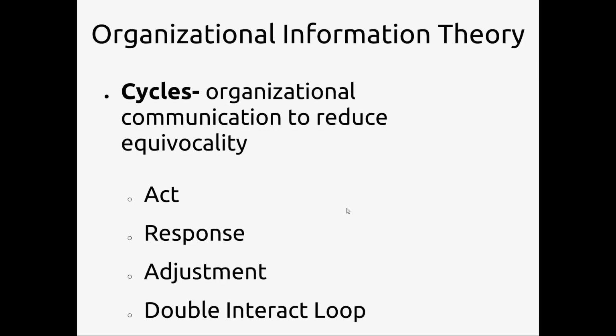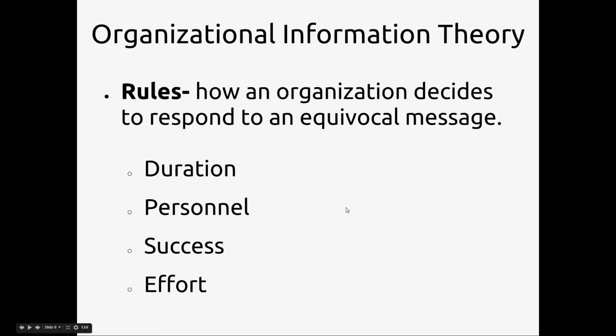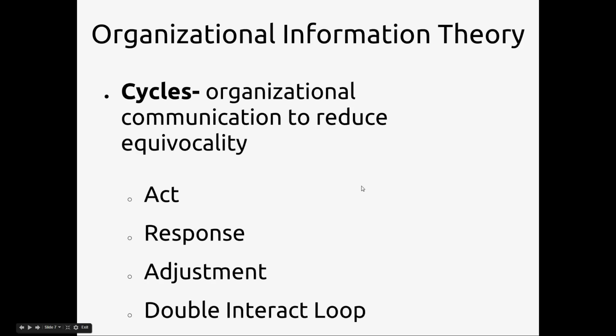So organizations with good management, or one that cycle effectively, according to this theory, are the ones that reduce more confusing messages. So this is any kind of communication that's going to reduce any kind of uncertainty is known as a cycle. Just to review, the rules you have in place or procedures with how you're going to deal with problems also help to reduce uncertainty. So you have rules and cycles.